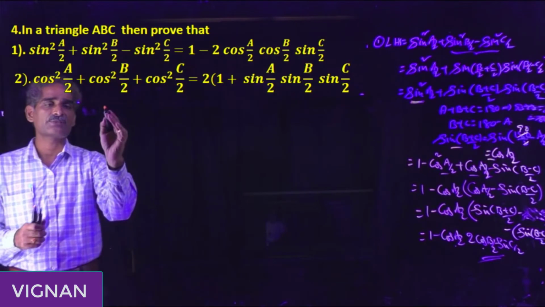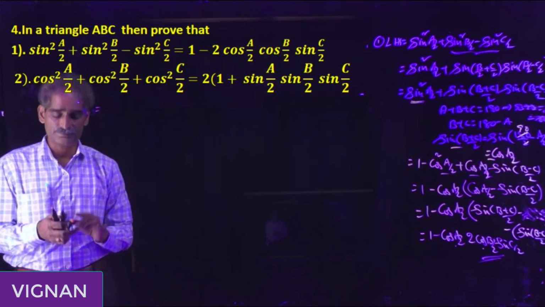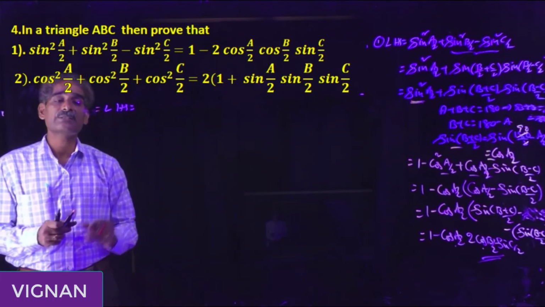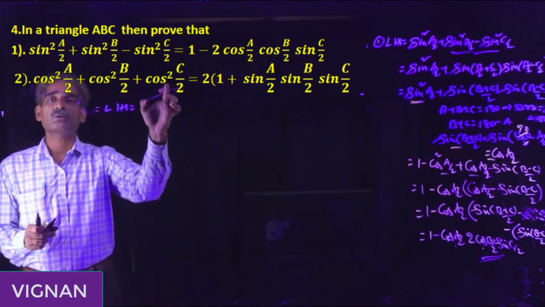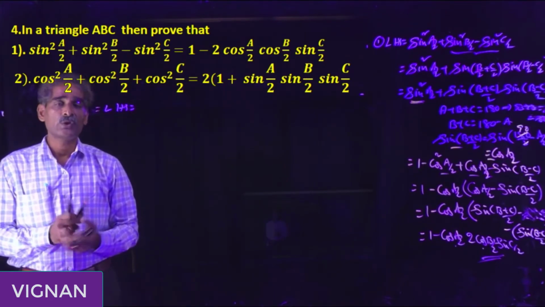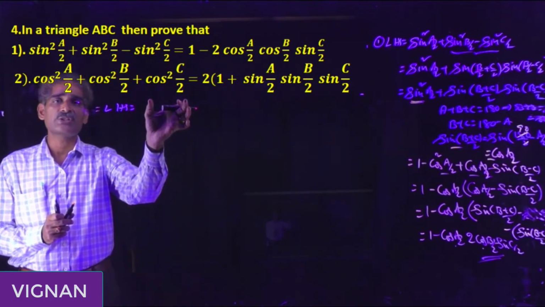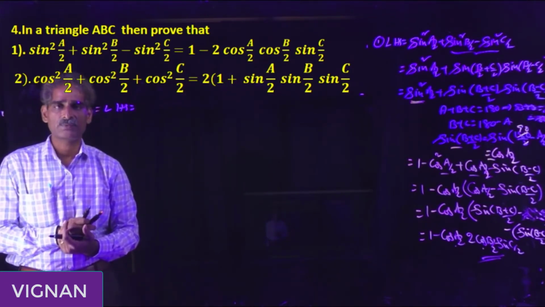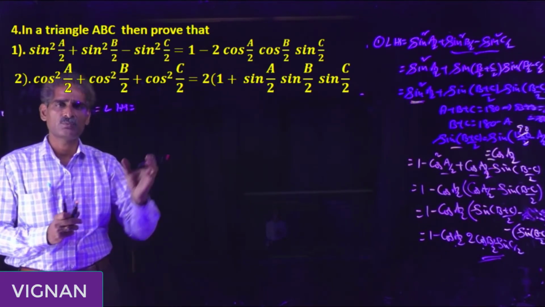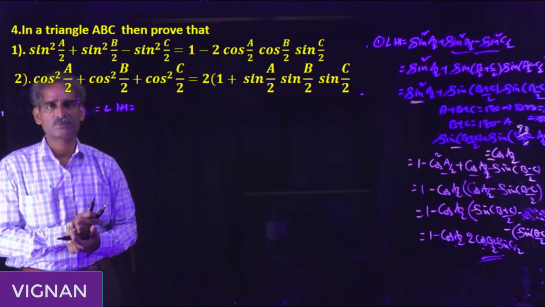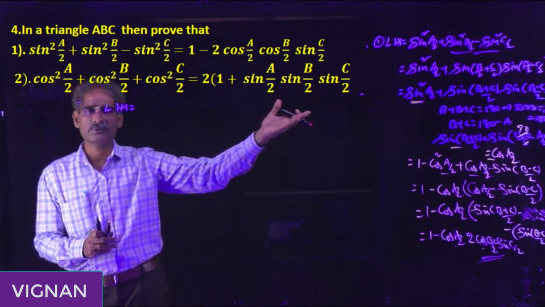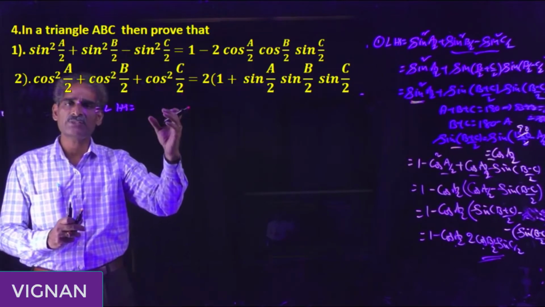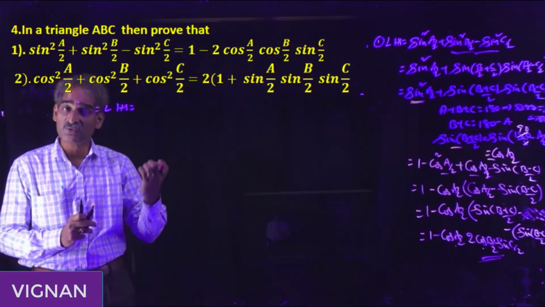Now take LHS for this. Here LHS is equal to cos square a by 2 cos square b by 2 cos square c by 2. We can solve this equation. You can find this value with the help of square formulas also. But here I have to use first degree formulas. Already we did a problem by using the second degree formulas. Here first of all write down cos square a by 2, cos square b by 2, cos square c by 2 in terms of first degree.